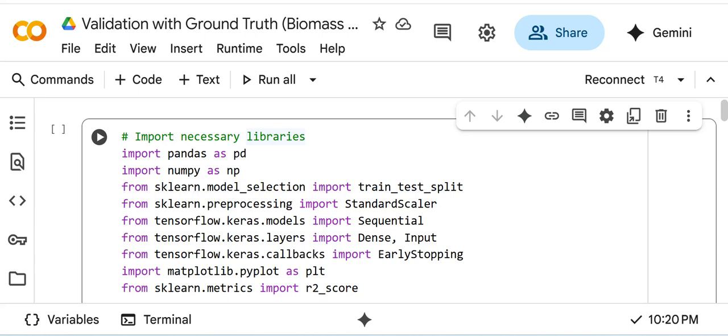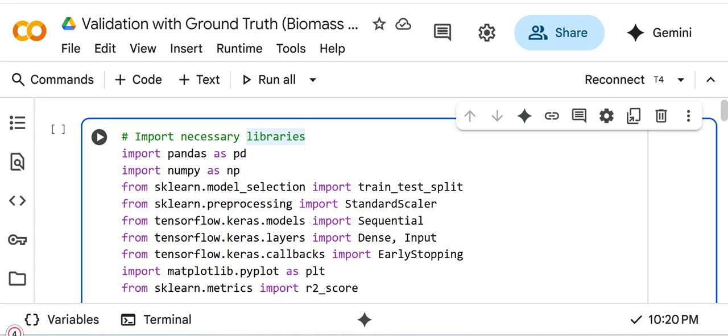Match model outputs with the ground truth biomass values. Third, compute metrics. Calculate MAE, mean absolute error, RMSE, root mean squared error, MAPE, mean absolute percentage error, and R square to evaluate performance.